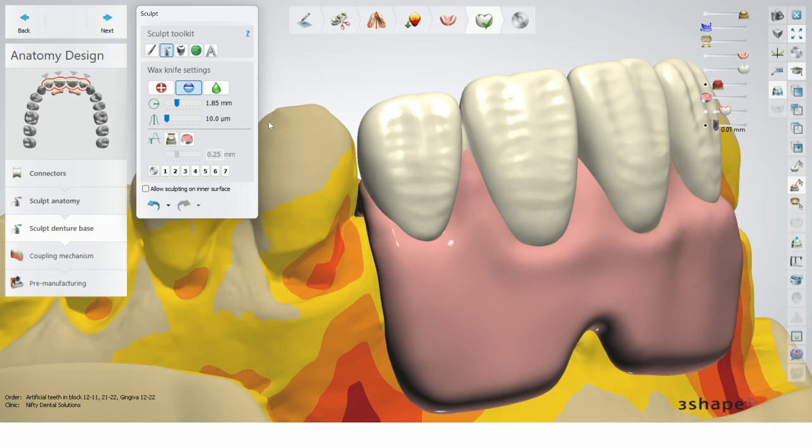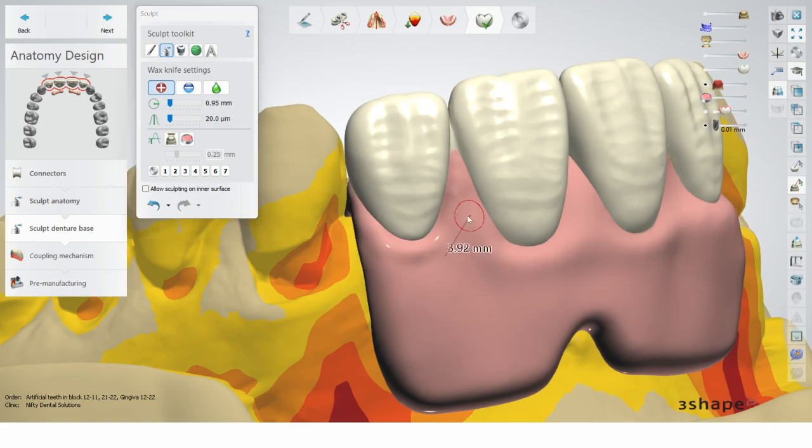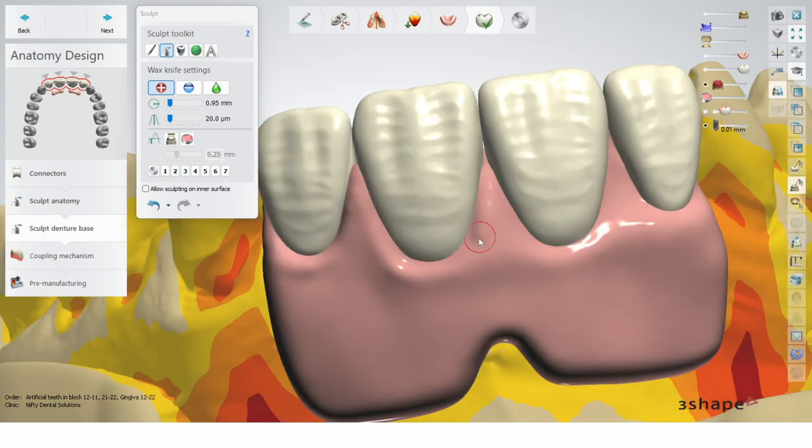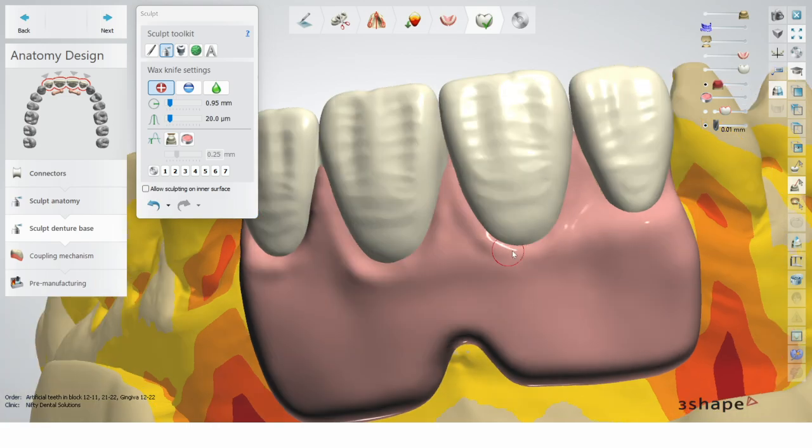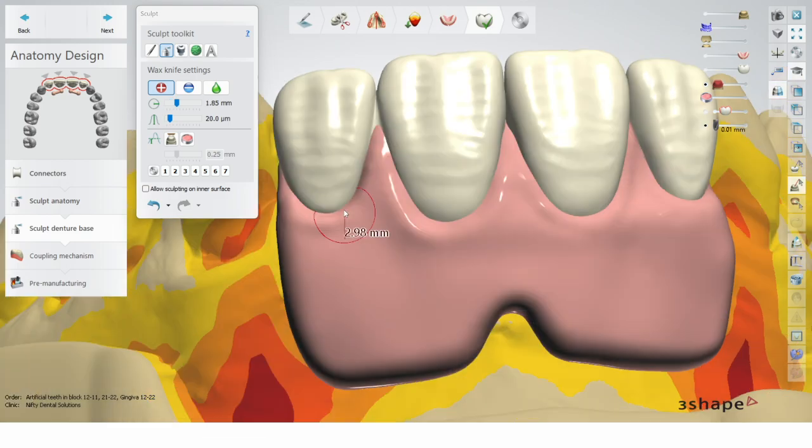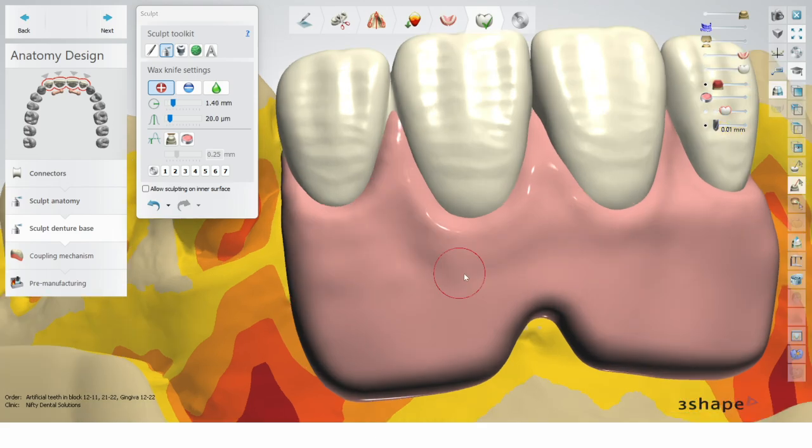Now, if we want, we can recreate a bit of contour here that we lost. We really have play now. So if we want, we can add a bit of eminence. We can decide a little bit more.